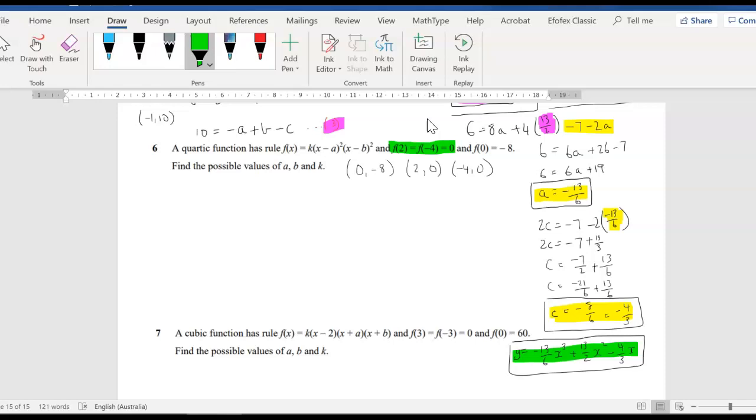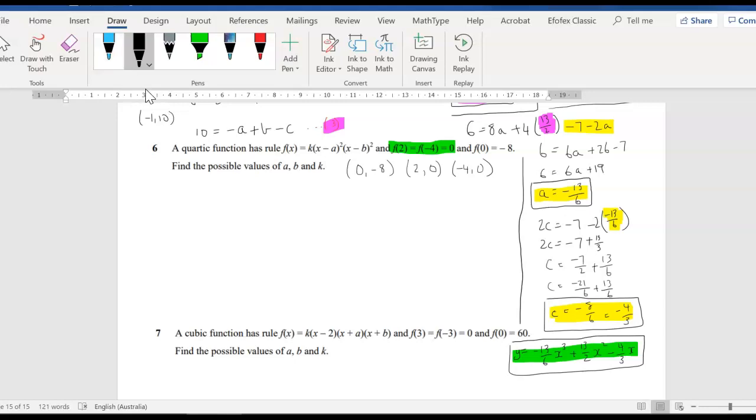All right, so basically, there are x-intercepts, 2 and negative 4, and our y-intercept is at negative 8. Find the possible values of A, B, and K. All right, this is similar to before where we've got repeated factors. So our quartic